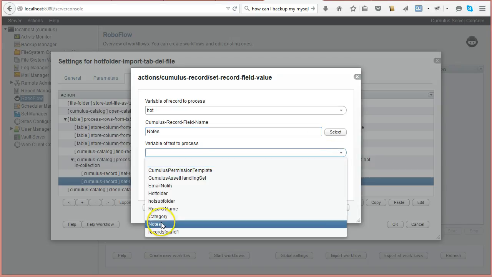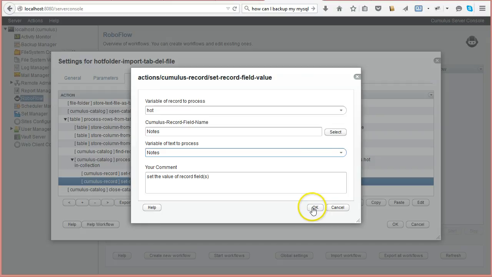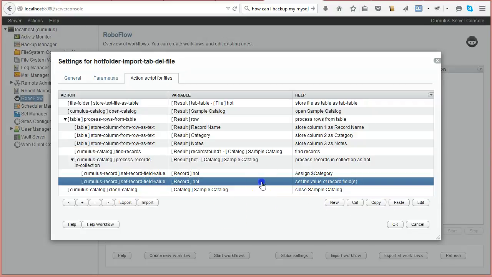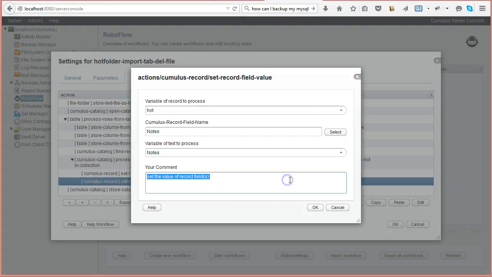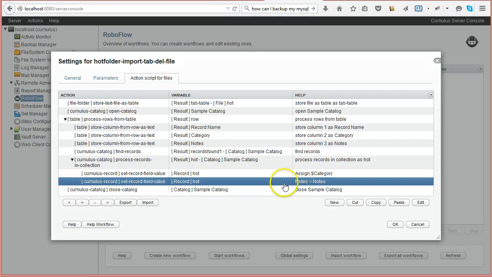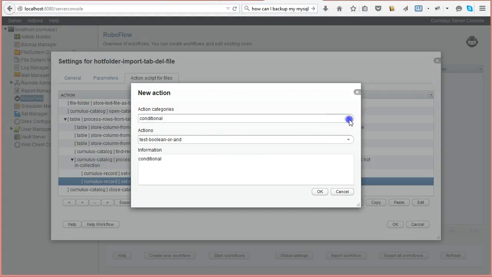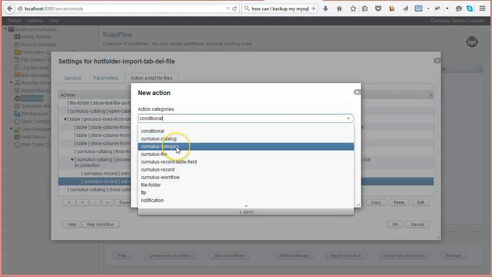And what do I want to assign? Well, that was column number 3 of my tab-limited text file, and I can just say notes equals notes like that. And then finally I want to show you an example of how to set a value